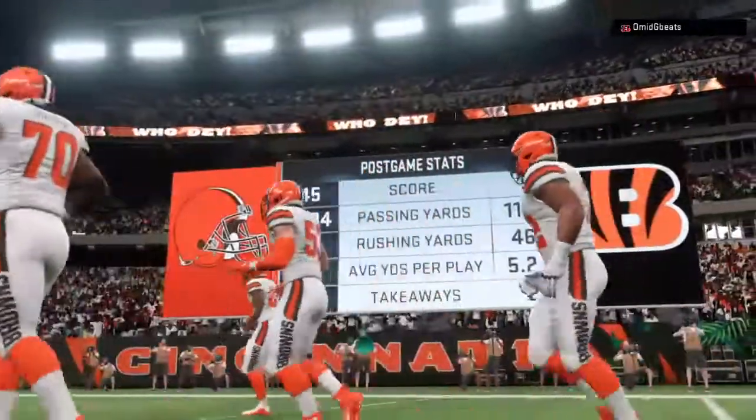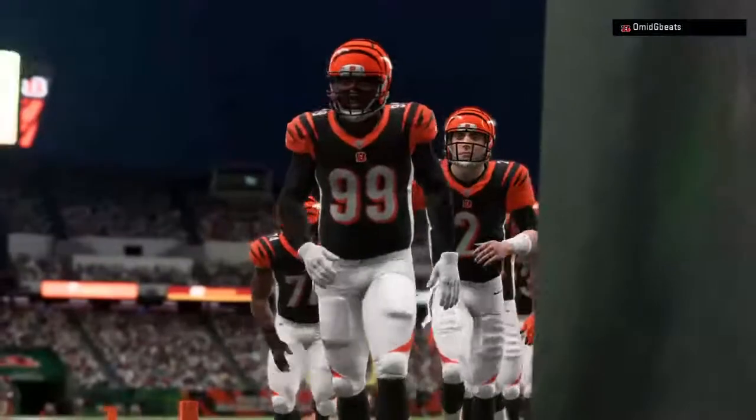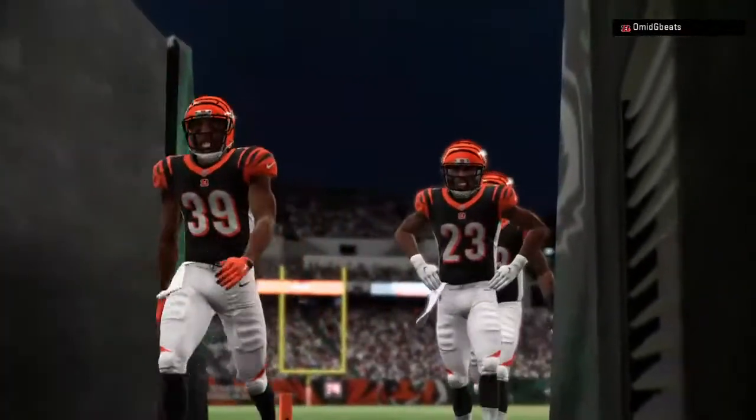So for the Browns, they keep on rolling, 10-0 now to start the year. And they will head back home next week. Meanwhile, for the Bengals,